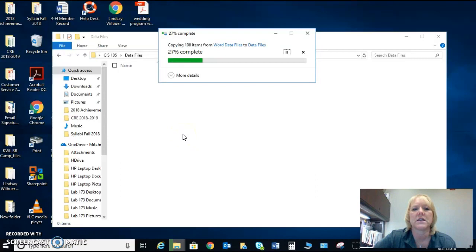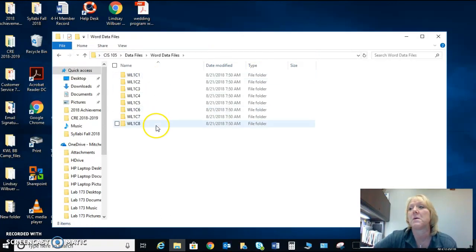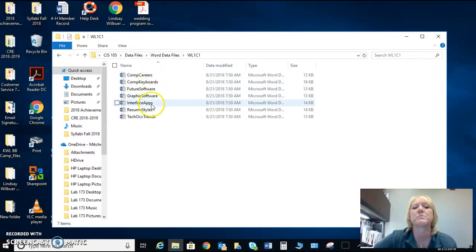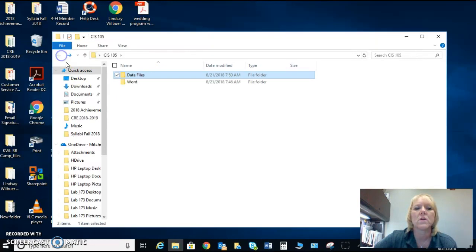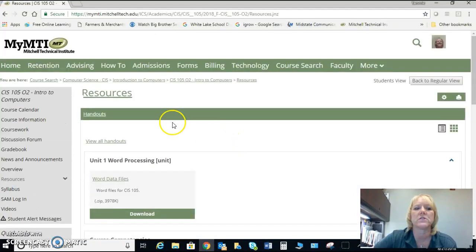Once you have it done, you're going to need to unzip those data files. The reason that we're doing it is because we're going to need it next week for class. So you may have to go in and unzip them. Maybe they'll be fine. But then what's in here is, for each chapter, the files that you're going to need for the class.